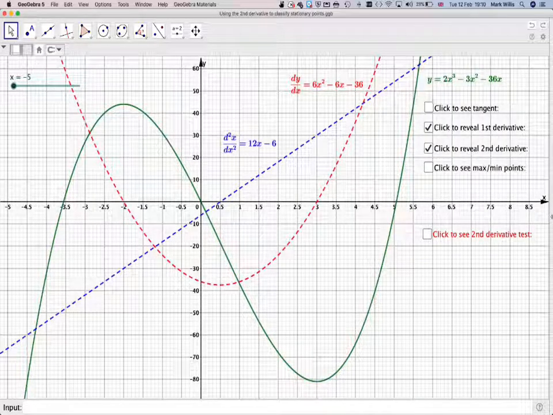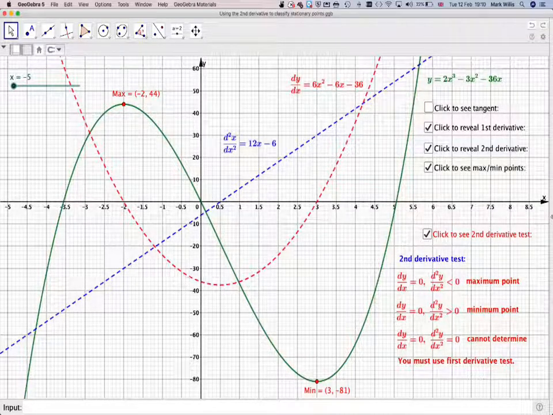So these here are the values that I'm going to find. I've already found -2 and 3. I'm going to find 44 and -81 later. But here is what's known as the second derivative test. So if dy by dx is equal to 0 and the second derivative is negative, then I have a maximum point. If dy by dx is equal to 0 and the second derivative is positive, then the point is a